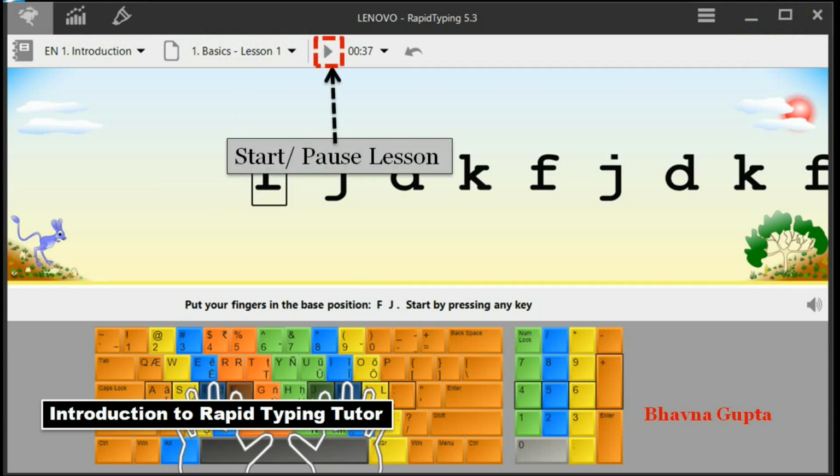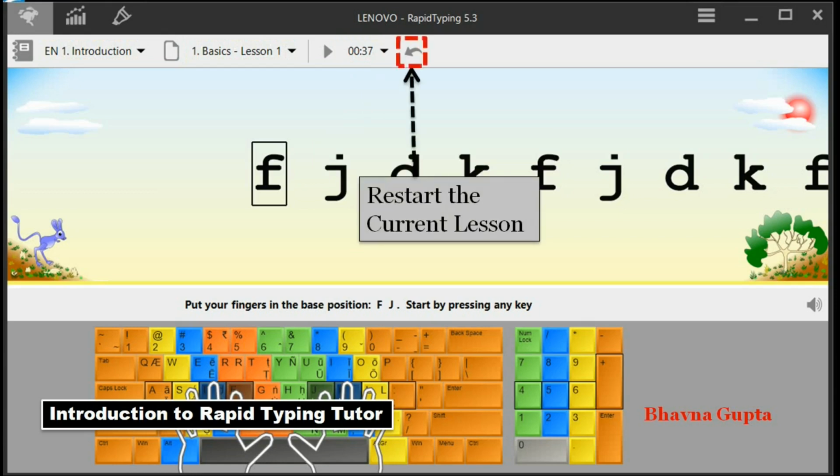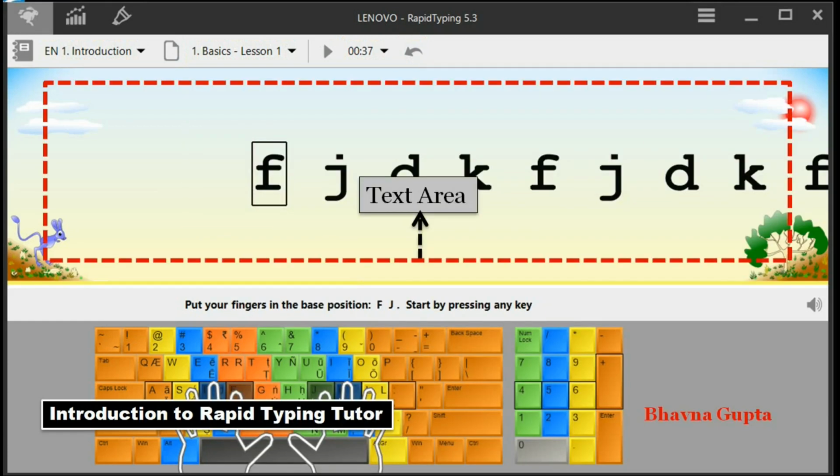This is the start and pause button and you can start and pause the lesson for a while. This is the current lesson time button, it shows the time, and this is the restart current lesson button. It is used to resume and restart the current lesson.